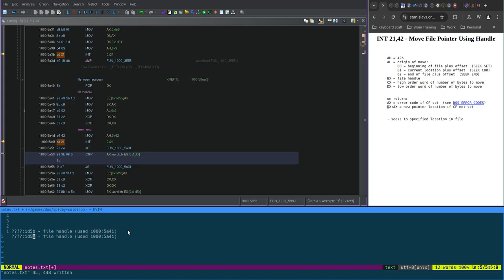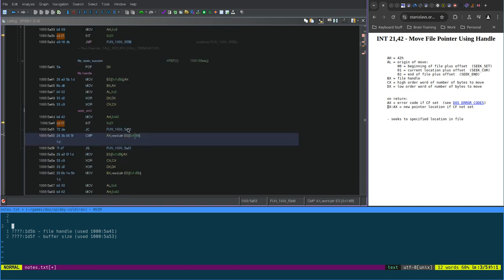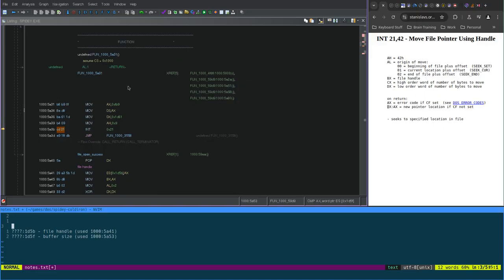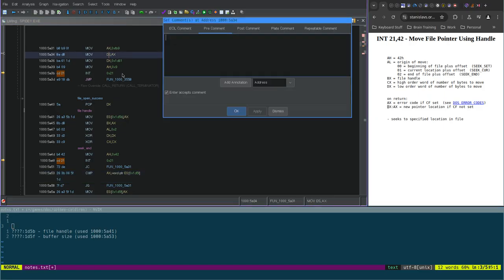So maybe we could say something like this buffer size used at just a bit past it, just there. Maybe that's the notes I will take. And was that used earlier? No, not really. We do put DX to be there,